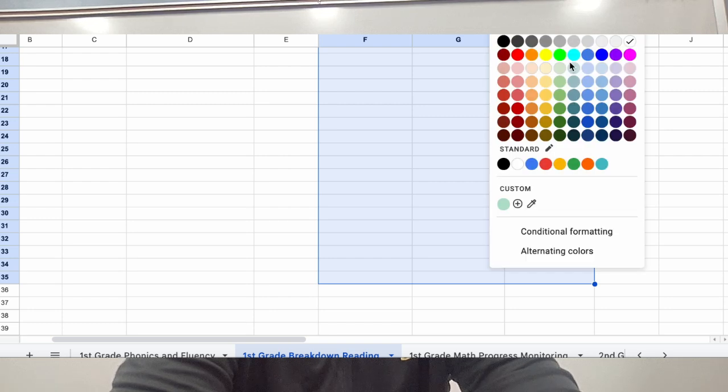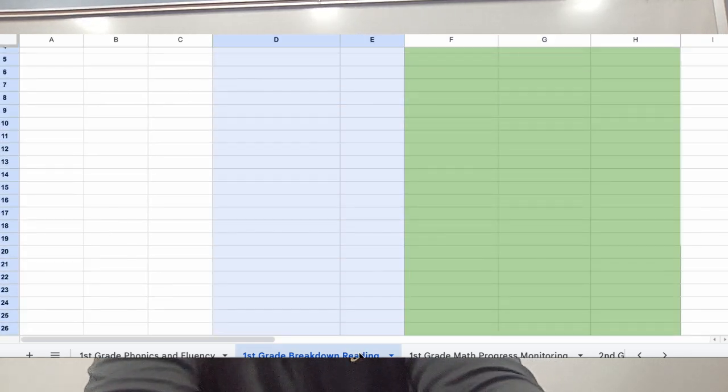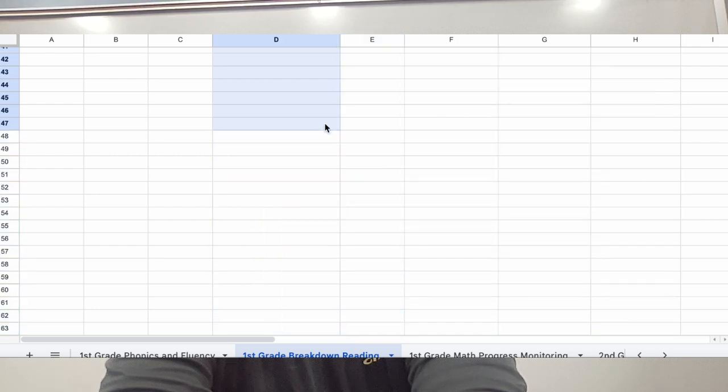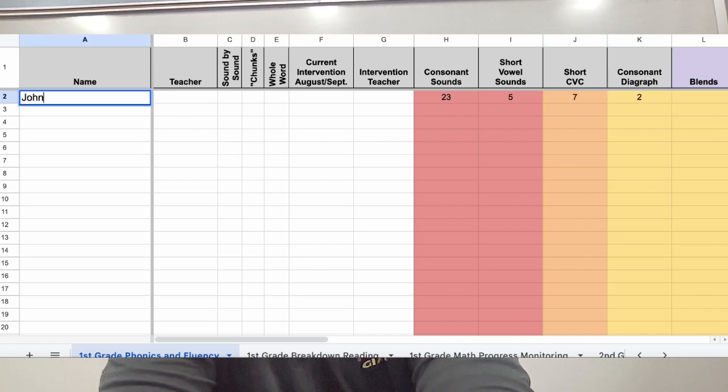Then I'm going to start putting in my data. So this student got, let's say, 23 out of 26, got all of their short vowel sounds, and then got 7 out of 10 and 2.